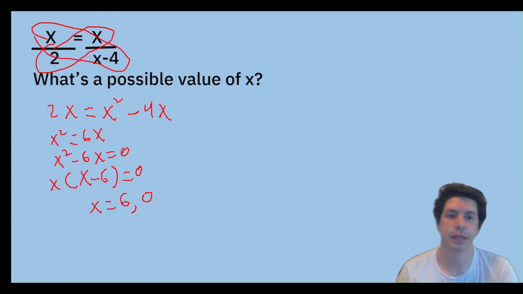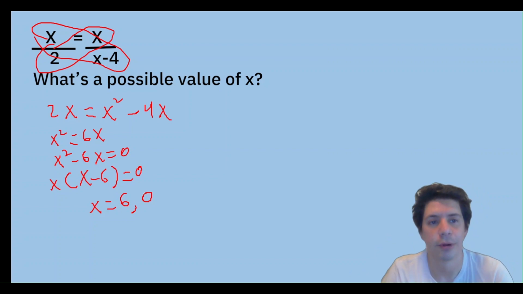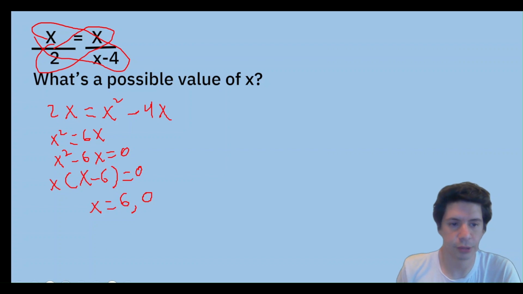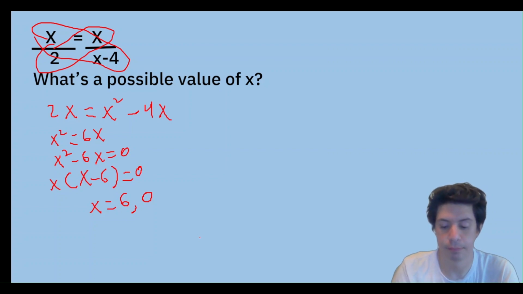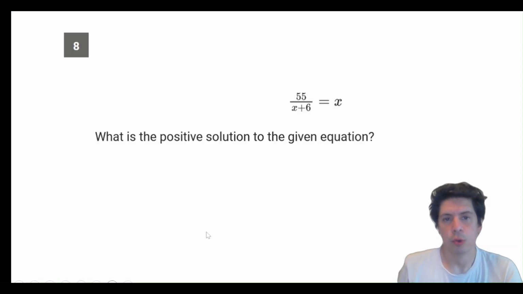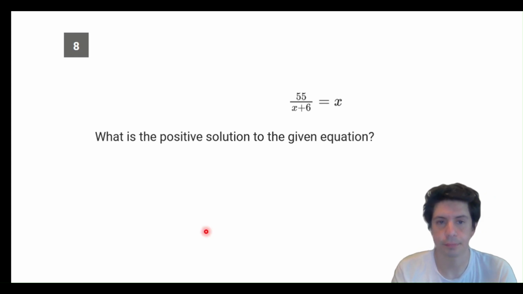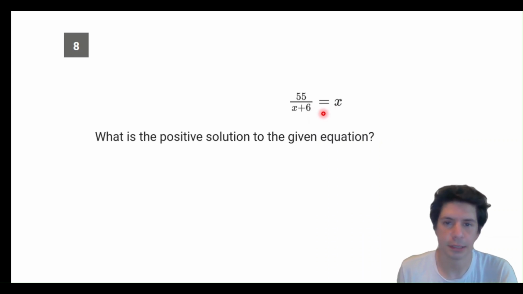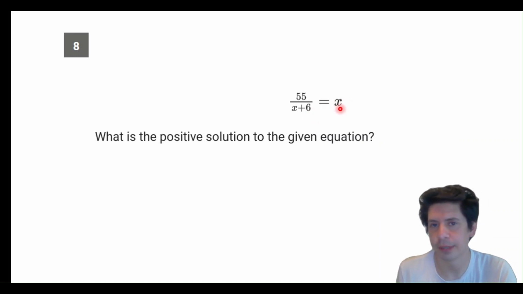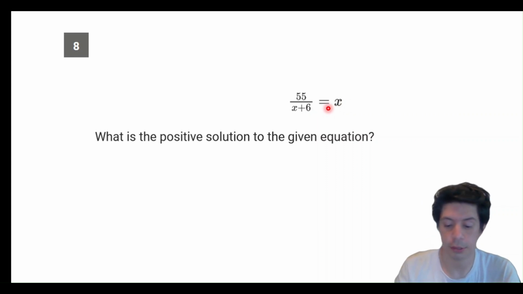Okay, so now with this in mind, we've done our practice. You can try the actual question from Bluebook Test 1. Okay. So let's go to that. What is the positive solution to the given equation? Okay, so the equation 55 over (x plus 6) equals x. So this time it's not written over it, right? But anything is always over 1. So we can do